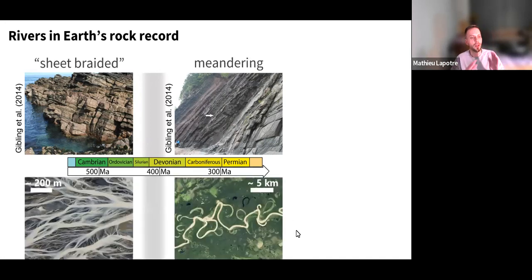And as a result, the transition that we see in the rock record was interpreted as a revolution in the planform geometry of rivers, with deposits before the Silurian period being interpreted as having been formed by wide and shallow braided rivers that have been called sheet braided rivers. And after the Silurian, observations were interpreted as indicative of the rise of point bar deposits, which are typically thought to be diagnostic of single thread meandering rivers.